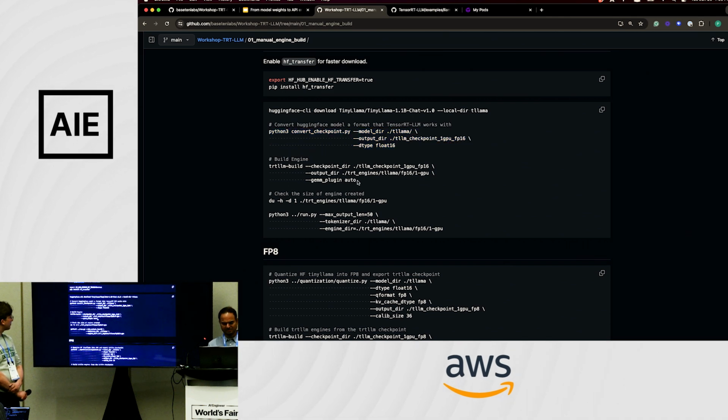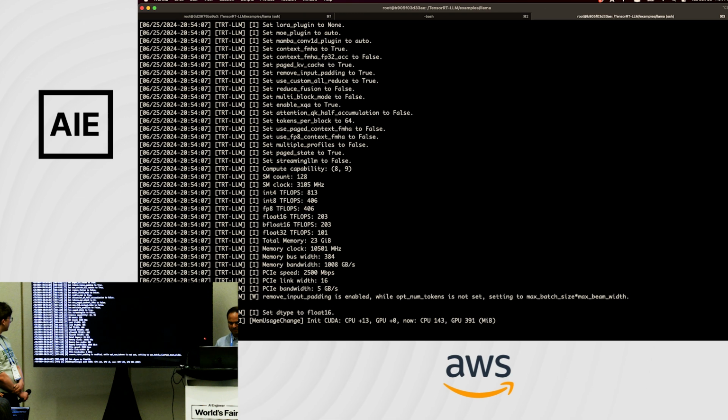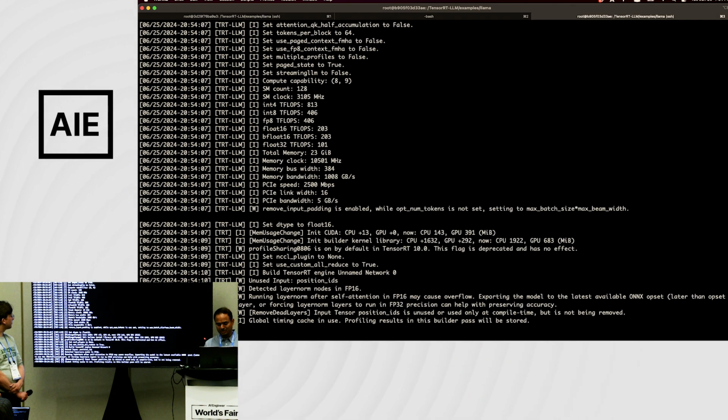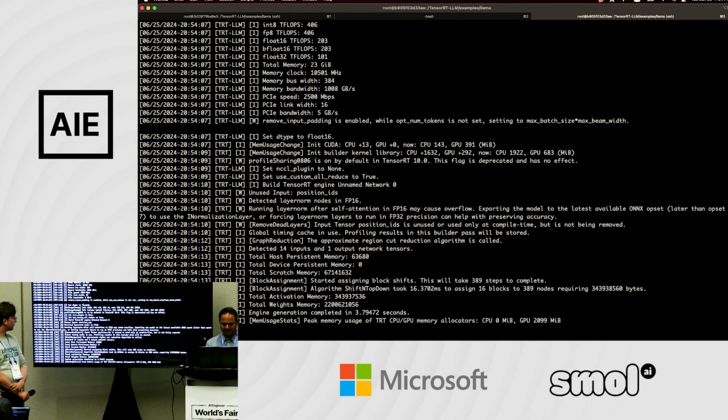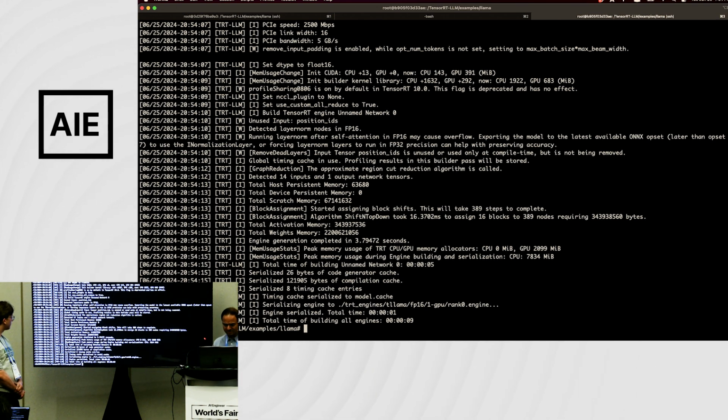And now we do the actual build. And I'm going to do this basic build here. There are a ton of options that this command takes, the TRT-LLM build command. In here, we are just saying take this checkpoint and build me an engine with most of the default settings. And that should build the engine. Now it will print a lot of stuff about what it's doing, what it's finding, and how it's optimizing and all that. It won't make much sense right now, but later on this could be very useful. So the engine was built. That's pretty fast, right? It's a small model, only 1 billion parameters. So that was pretty fast.